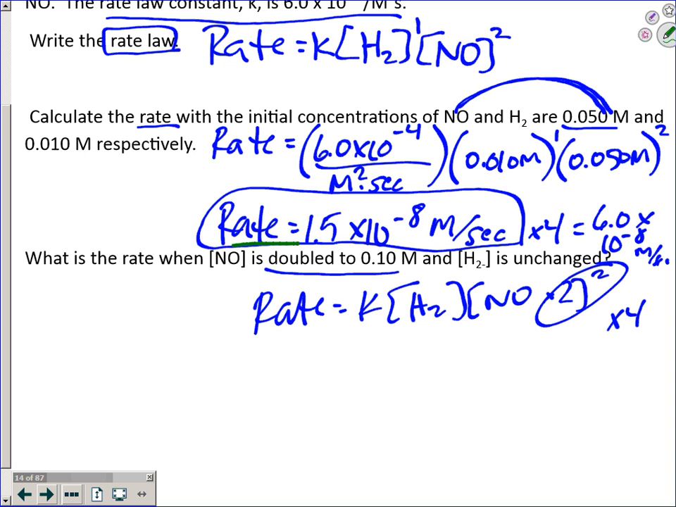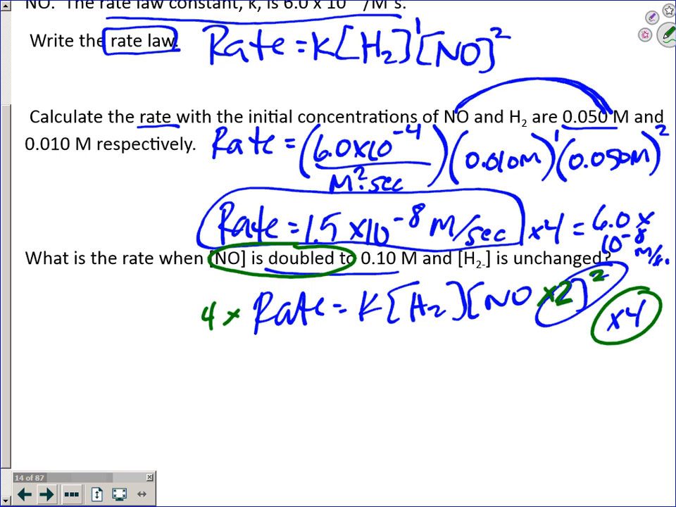Since it said that NO is doubled concentration-wise, I just said, okay, that's essentially just multiply my nitrogen monoxide by 2. Well, since this whole concentration is raised to the second power, if I multiply that concentration by 2, that effectively means I have 2 squared, which is 4. So if I multiply this side 4 times, that means the rate is 4 times bigger than what it was